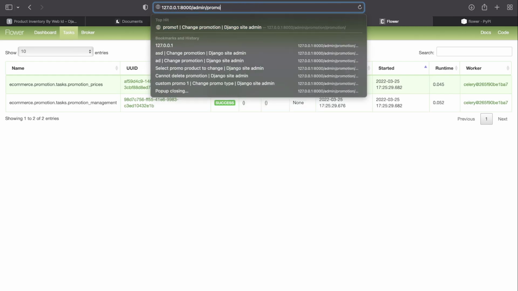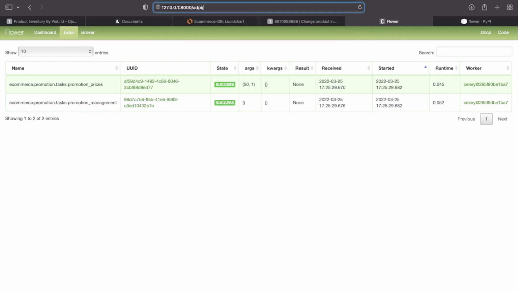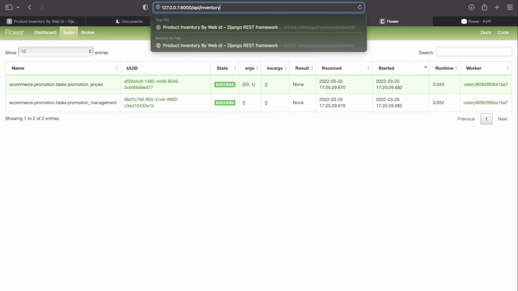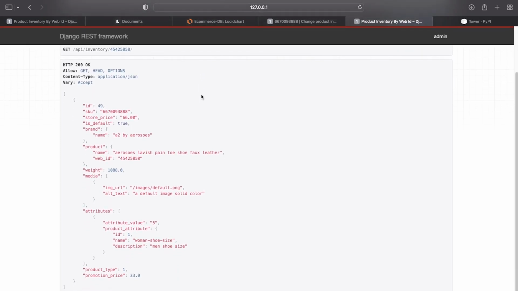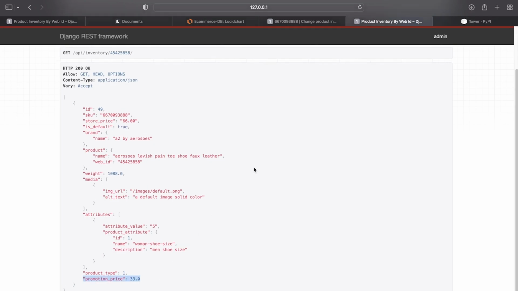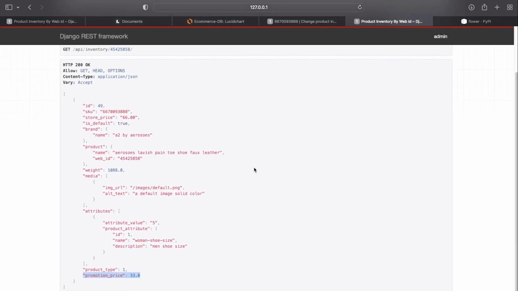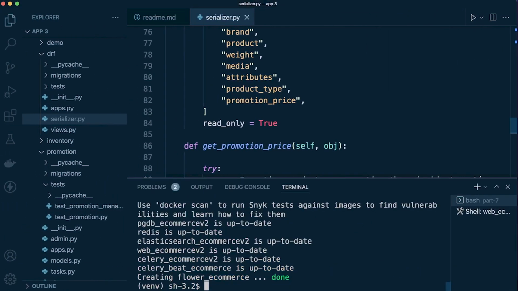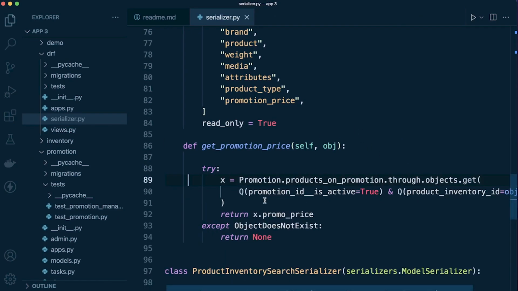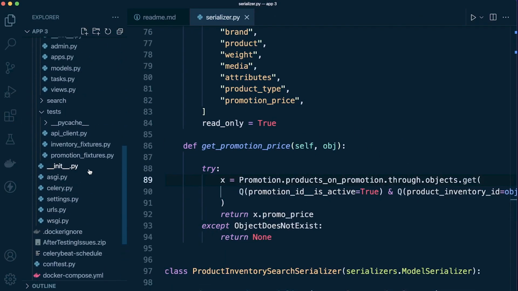So this is going to be API/inventory. And then we're going to need our API. So that produces this product. And you can see there's one item here and it has a promotion price of £33. And there we go. So that's kind of updated that. Now we might want to include that in multiple places. We're just going to leave it there for now. And then in addition to that, what we'll probably find is that our test is now broken. So just preempting that, if we go into,